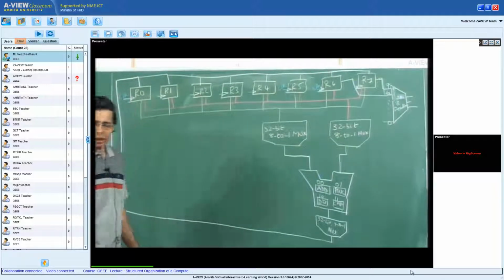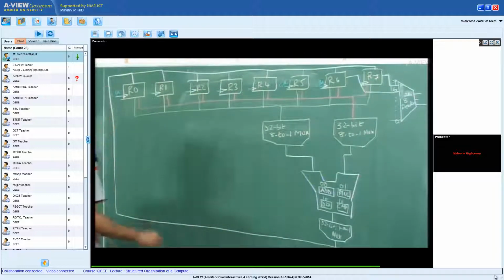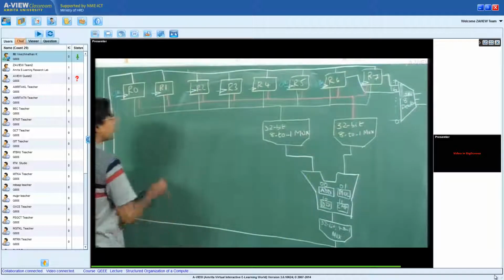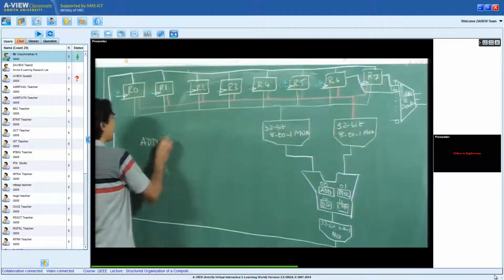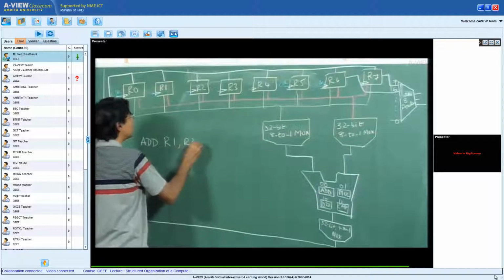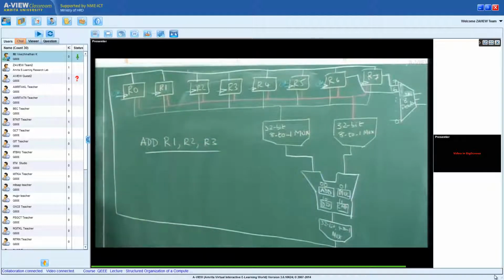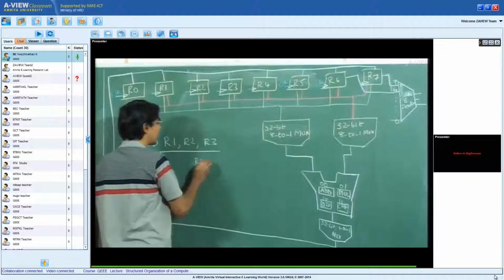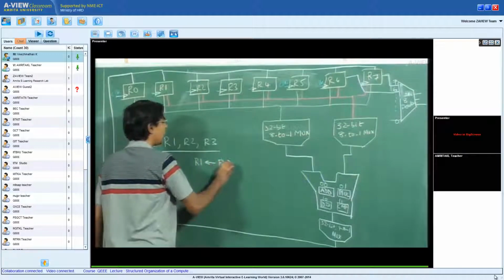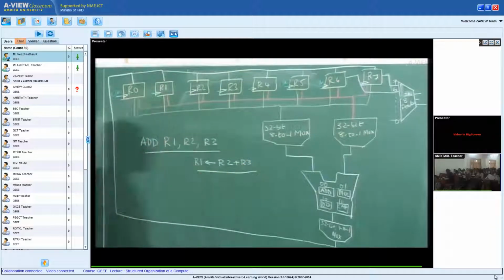So let us now describe how a simple operation like add R1, R2, R3 will work. This machine instruction essentially is equivalent to the statement R1 is assigned R2 plus R3.